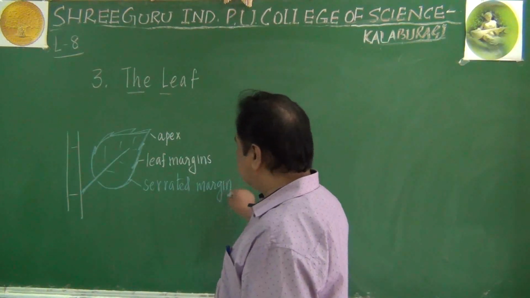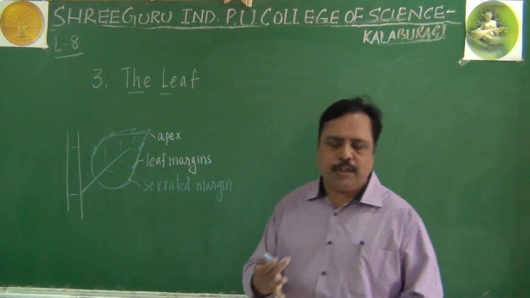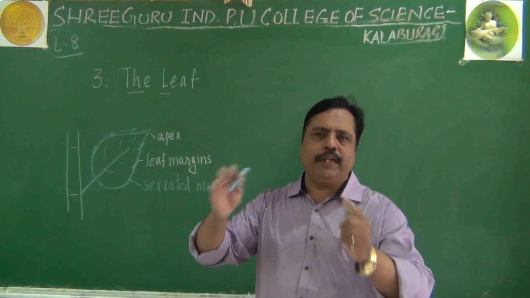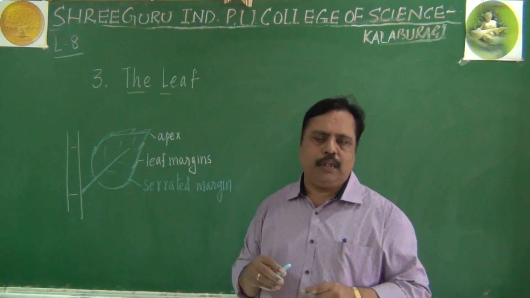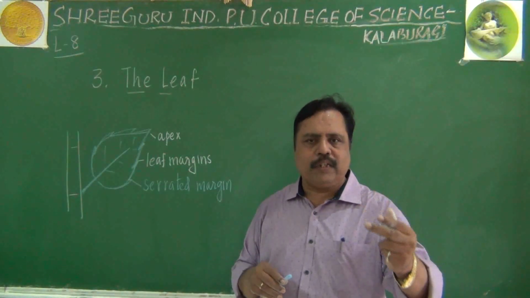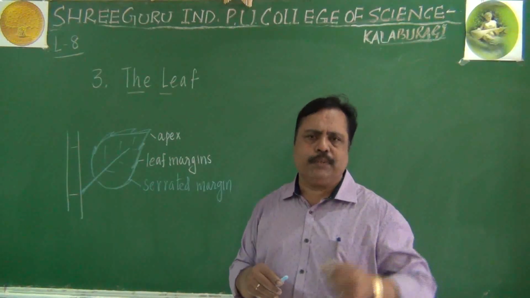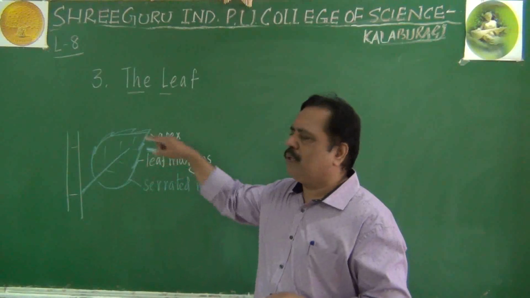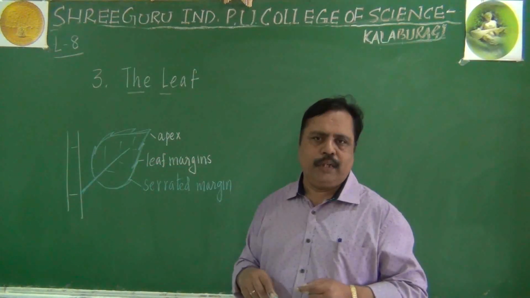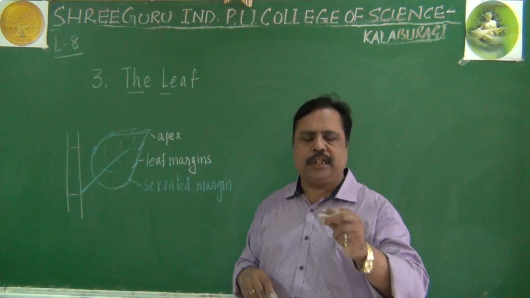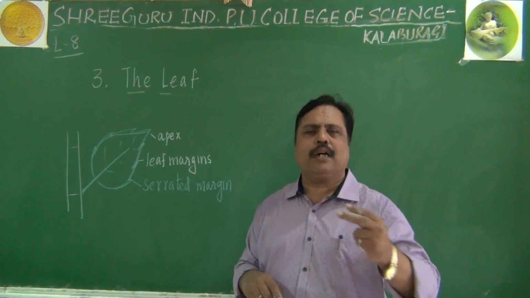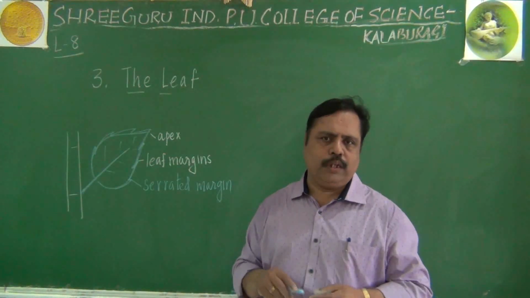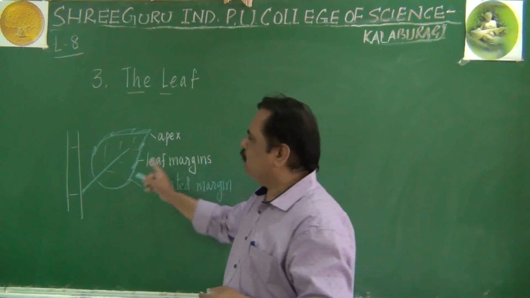So size of the leaf, shape of the leaf, leaf margin, they all will vary from type to type. Different plants, or different species we can say, will have different sizes. Different species of angiosperm can have different margins of the leaf. So shape, size, structure, everything will vary according to the nature, according to the environment they grow in. Okay, this is the main point.